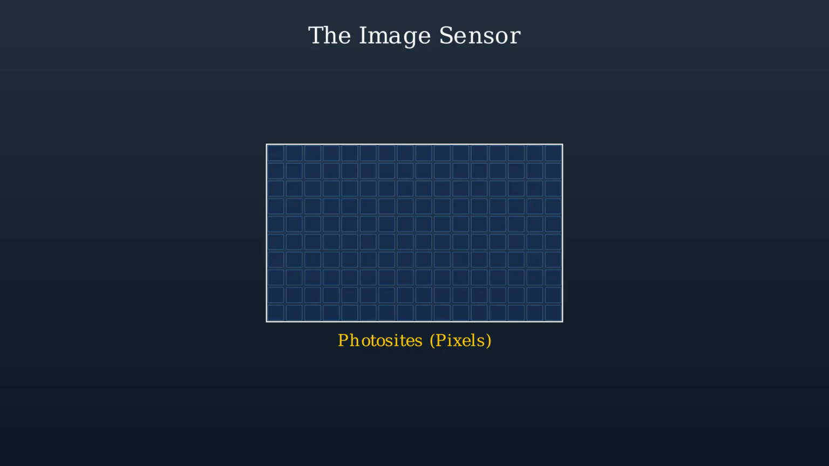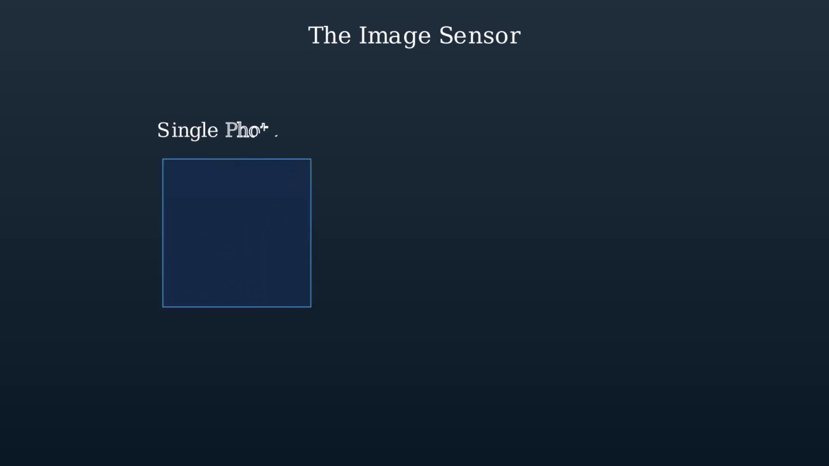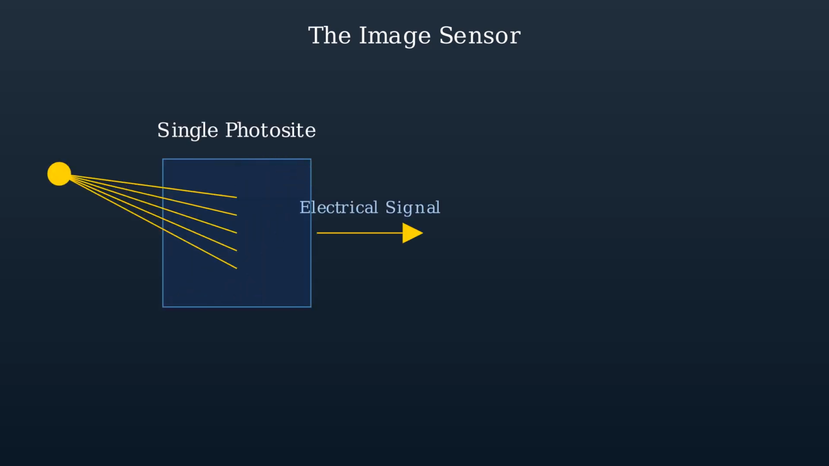The image sensor is the heart of any digital camera. The image sensor serves as the digital equivalent of film in traditional cameras. It contains millions of light-sensitive photosites, commonly known as pixels, arranged in a precise grid pattern. Each photosite functions as a light detector that converts incoming light into an electrical signal. The intensity of the light determines the strength of the electrical signal, which translates to the brightness of that pixel